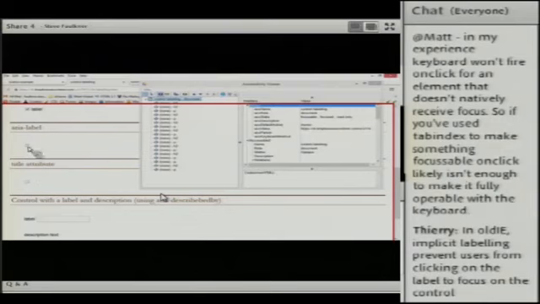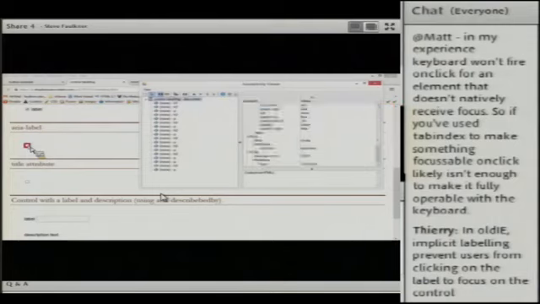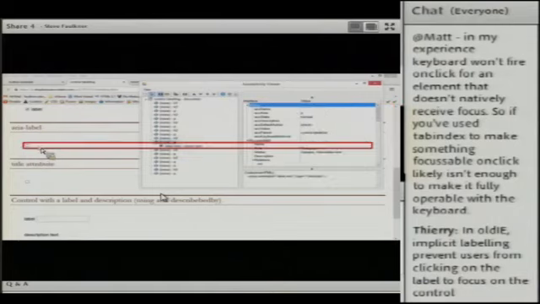The ARIA label. Okay, let's have a look at the ARIA label. ARIA label is an attribute that goes onto the checkbox itself. If you open that up a bit, you can see we've got an ARIA label here. It's label text, which you can't physically see.